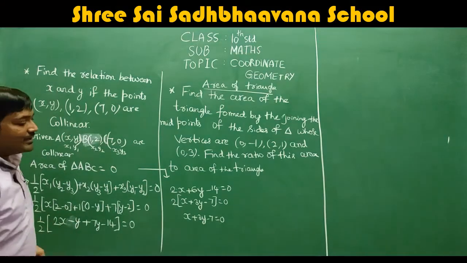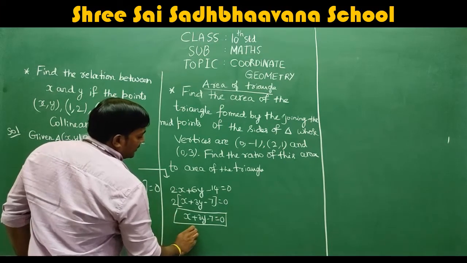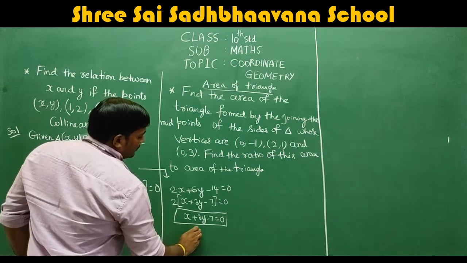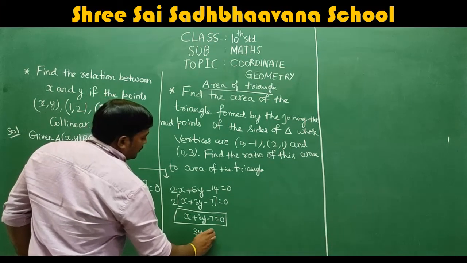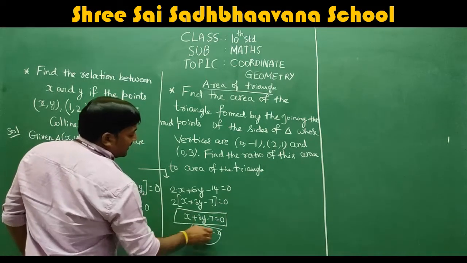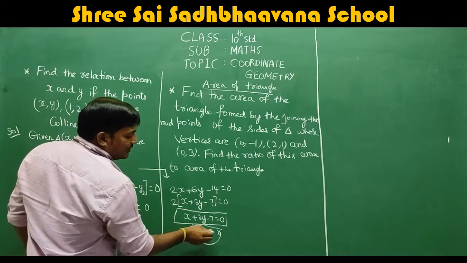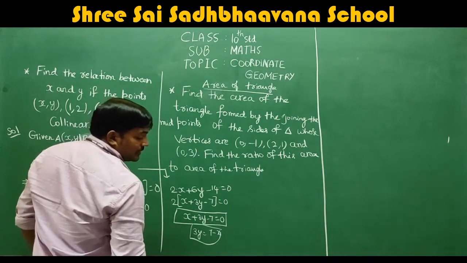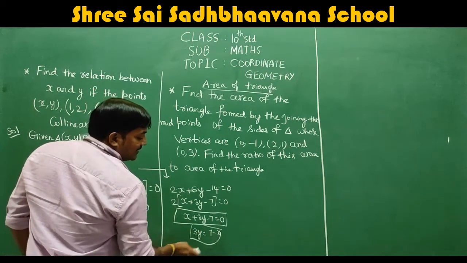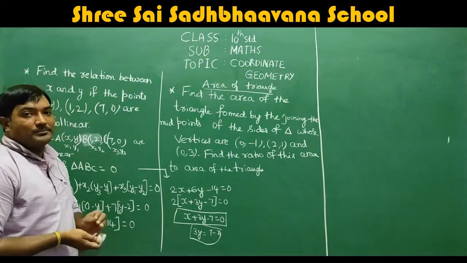Why is it called a relation? Actually, why is it called a relation between x and y? We can also write it like this, right? 3y is equal to 7 minus x. Correct? You send this x to that side, and minus 7 that side, it becomes 7 minus x. So the y value is depending on the x value. Correct? So y is related with x. So that is why it is called a relation between x and y.